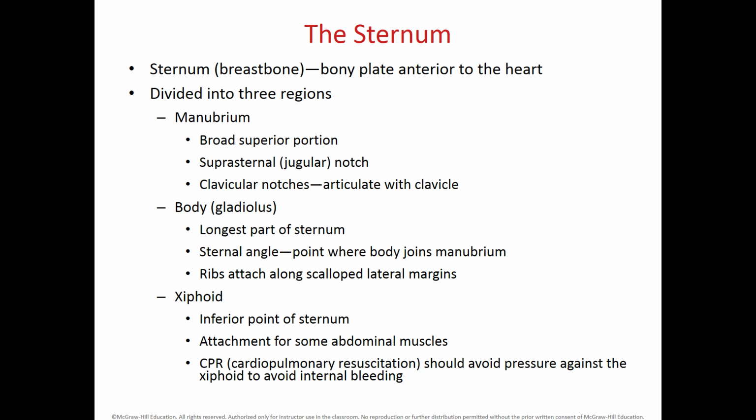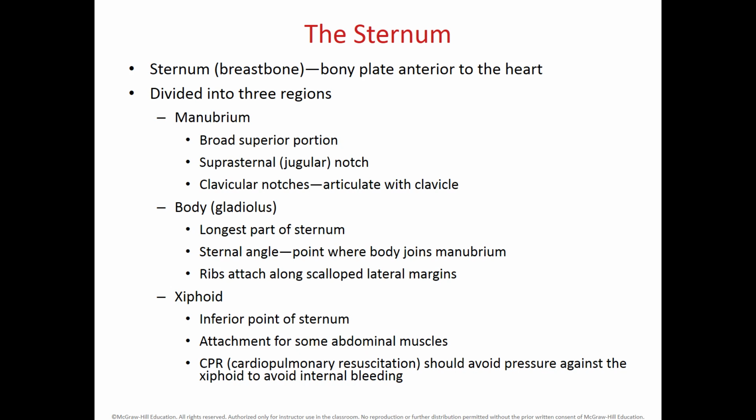And it has a body that is called the gladiolus, and this will be the longest part of the sternum, just below the manubrium, and it will connect to ribs by scalloped lateral margins. Now, the connection between the manubrium and the body provides a point where the body joins the manubrium, which is called the sternal angle, and it happens at the level of the second intercostal space, which are spaces